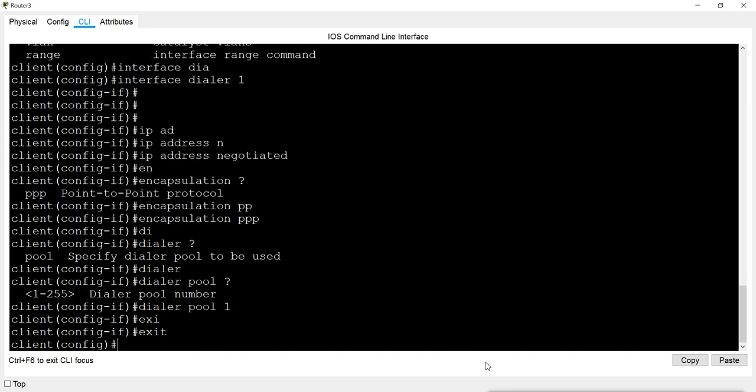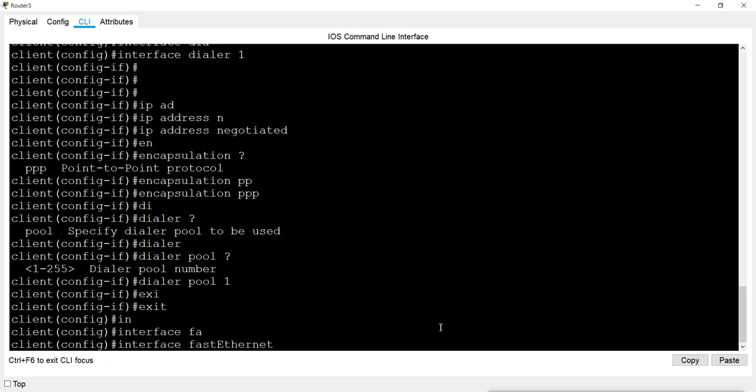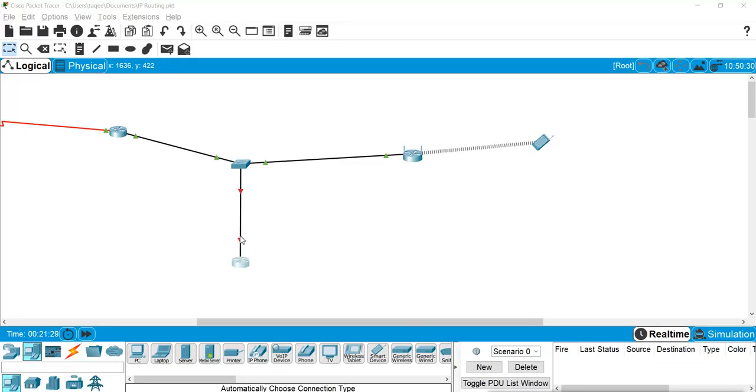Exit from that interface, and then interface FastEthernet, and first we check which interface it is. FastEthernet 0/0.